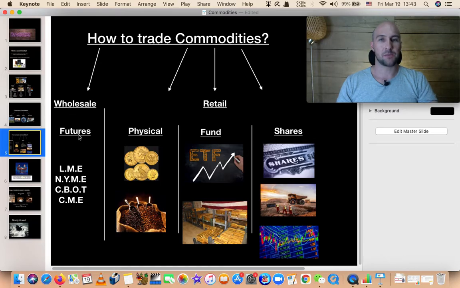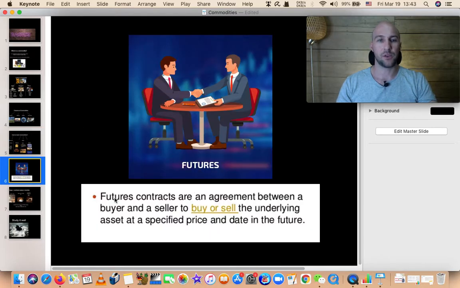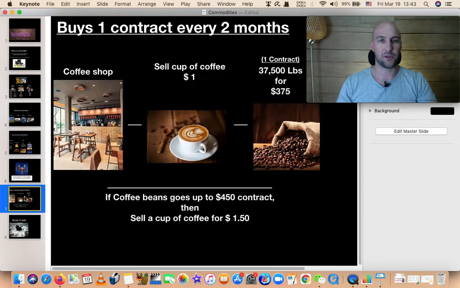I quickly want to explain to you a futures contract and how it works. We're not going to go into detail in this, but to give you an example, a futures contract is an agreement between a buyer and a seller to buy or sell the underlying asset at a specific price and a date in the future. So this is important: a specific price and a date in the future. So if I give you a very quick example,